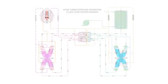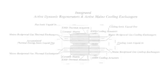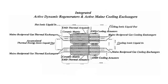KI-HMD turbo compound generator fluids flow diagram. Quantum nucleonic reactor, KI-THD thermal energy generator, primary thermal absorbers second set 242, primary thermal absorbers first set 241, integrated active dynamic regenerators and active main cooling exchangers, hot ionic liquid in, main reciprocal gas thermal exchangers, accumulated thermal energy ionic liquid out, main reciprocal gas thermal exchangers, EMD thermal actuators, ceramic matrix, EMD thermal actuators, EMD cooling actuators,